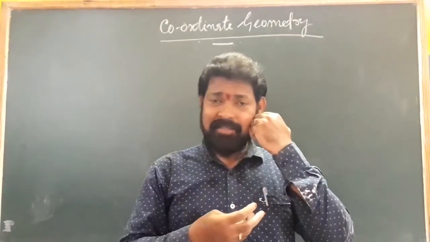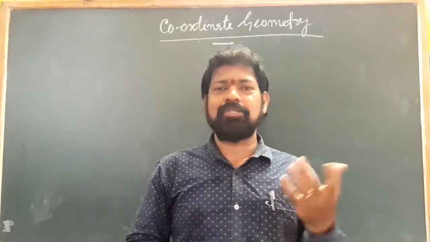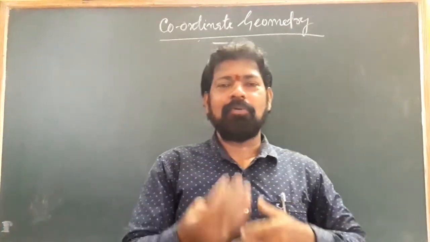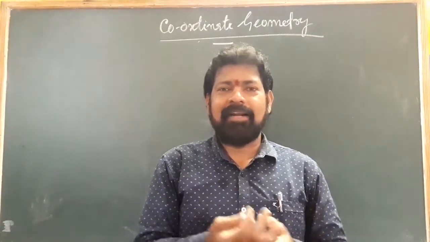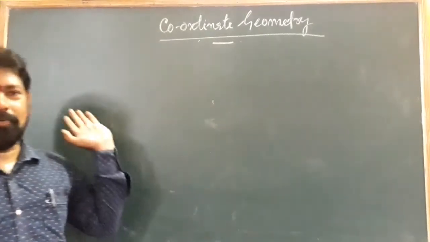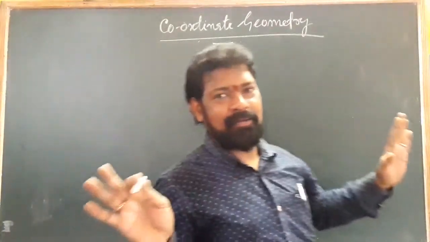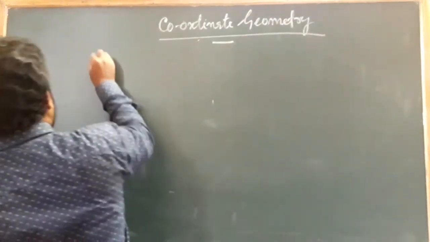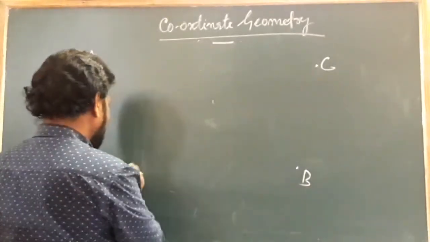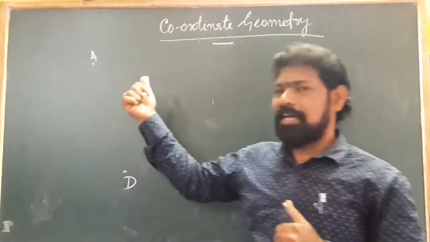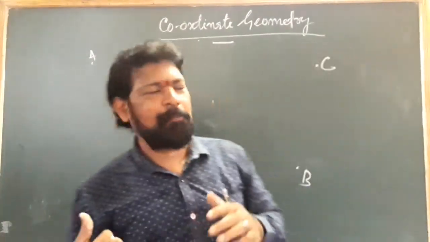So for our address, we are using 6 to 7 entities. Similarly in mathematics also, this is a new method of finding some address in a two-dimensional sheet. For example, say this is a board. It is completely plain, and I will be giving different points. So say this is point A, this is point B, this one is point C, and this one is point D. Then what is the address of point A, point B, point C, point D?